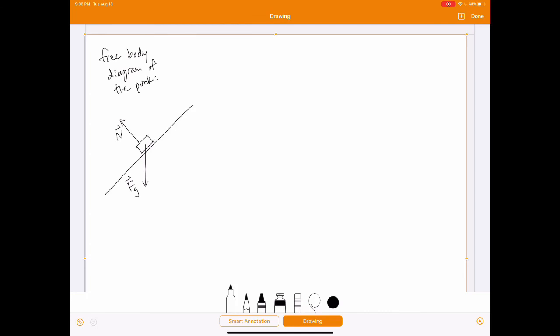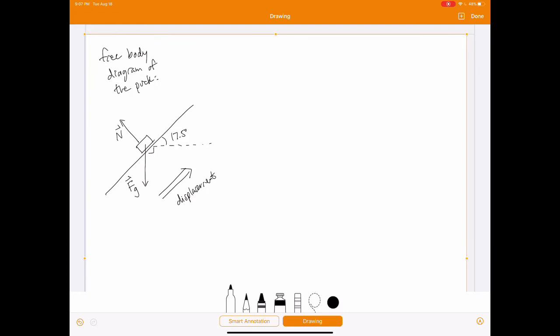But let's actually label the angle of the ramp right here. So the angle of our ramp relative to the horizontal is right here, 17.5 degrees. And then let's also take note that this is a right angle. Okay, so between that horizontal line and the force of gravity, we have a right angle. Let's also note that we're looking at a puck that's moving this way up the ramp. So its displacement